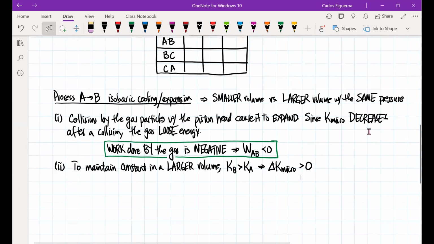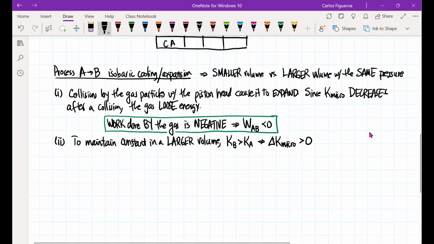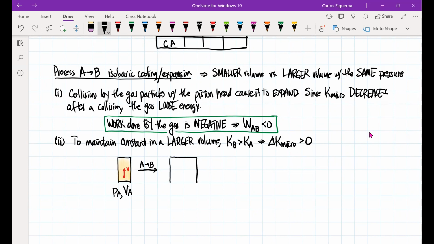So picture-wise, I imagine this. I have a volume. Here's my piston volume. And what do I know? I know that this has a pressure A, and it has a volume A. So when I look at my graph, I see here that the velocity is that big. So now as I go through my process from A to B, I now increase my volume,